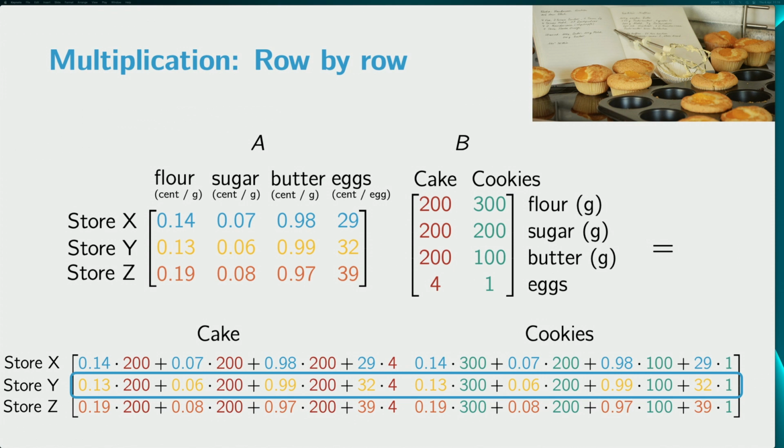In fact, row 2 of AB is a linear combination of the rows of B, where the weights are the elements of the row 2 of A. Row 1 of B, the flour in the recipes, is multiplied by the price of flour. Row 2 of B by the price of sugar, and so on. So why do we want to look at this computation in so many ways? Because depending on what you want to do and how you interpret your matrix, one view might be more helpful than another. And we need these shifting perspectives in the remainder of this course.